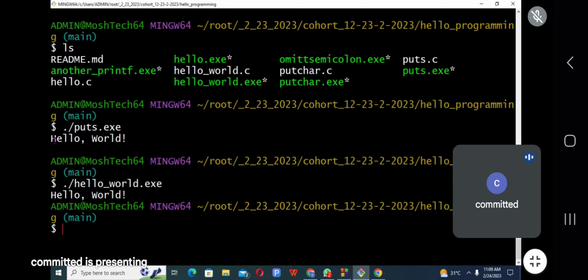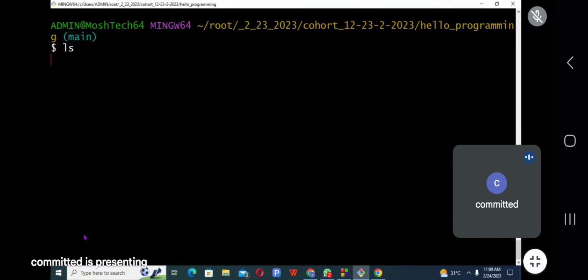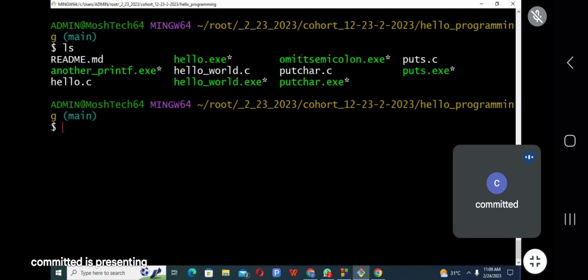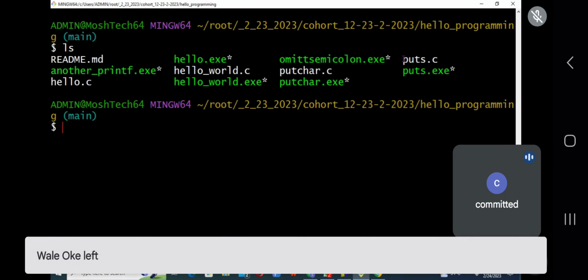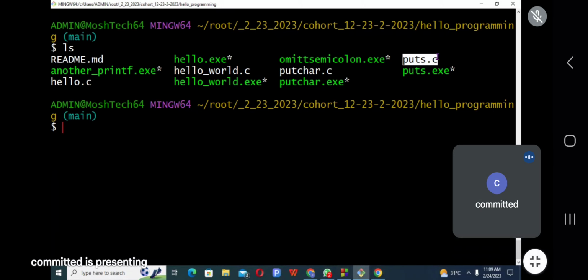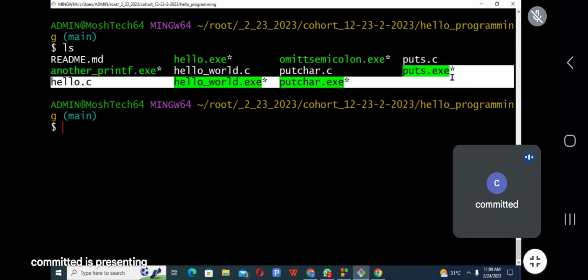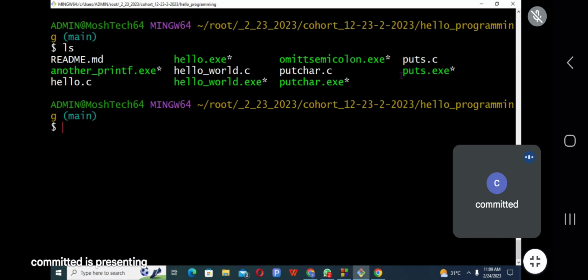Difference between puts and printf is that, okay, let me try to display it again. Now, this is our puts. This one is called the source file, while this one is called the executable file.